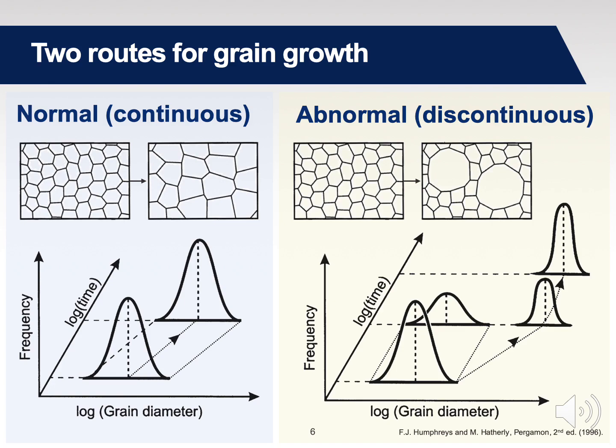So that is to say that the grain size distribution in the latter case is not self-similar, and our interests are in identifying the driving forces that govern abnormal grain growth. Why should these 2 particular grains consume the microstructure? What sets them apart? These are questions that we will answer in this presentation.